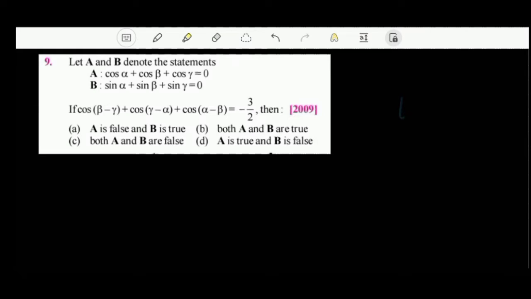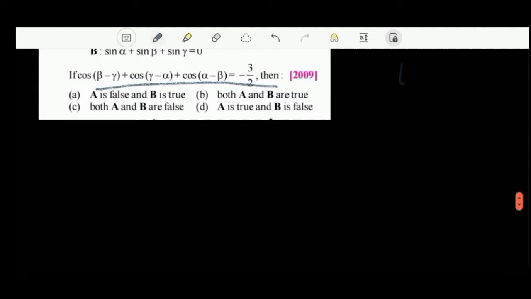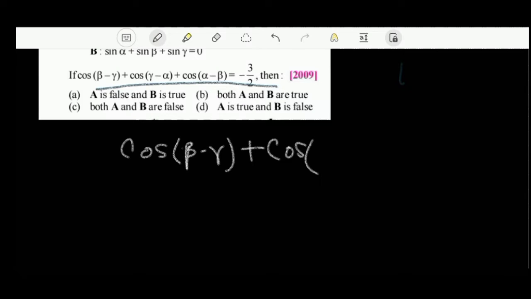So here we got a nice trigonometric problem where we are given that A and B are two statements, and we are also given an expression, and if this expression is true we have to find which is the correct option. So I'm starting with the expression that we are given, which is cos(beta minus gamma) plus cos(gamma minus alpha) plus cos(alpha minus beta), which is equal to